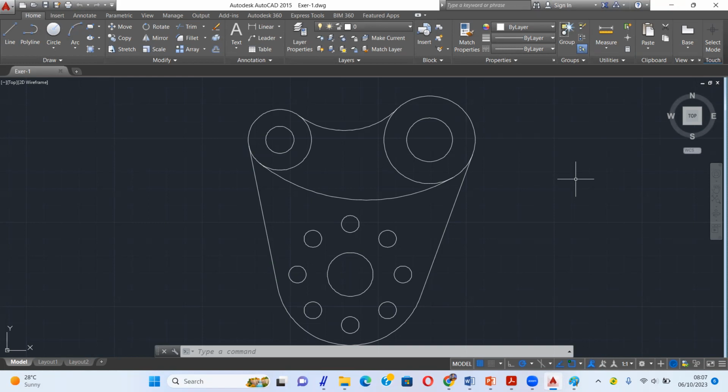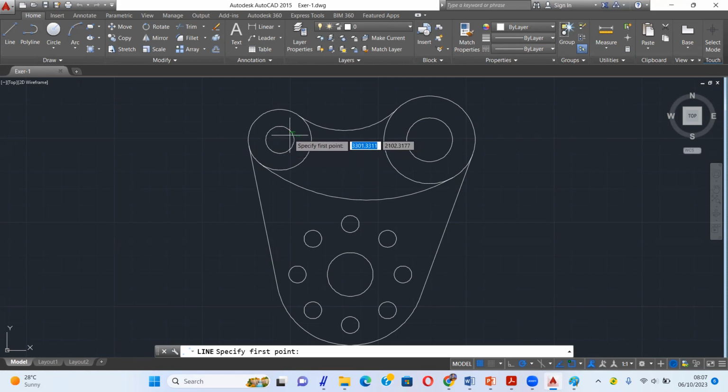Before you do the exercise, you can see the screen that I already shared with you. Here, I will show you how to create a center line. Okay, at first you can make a line by using line. Make sure you do it in the center of the circle.